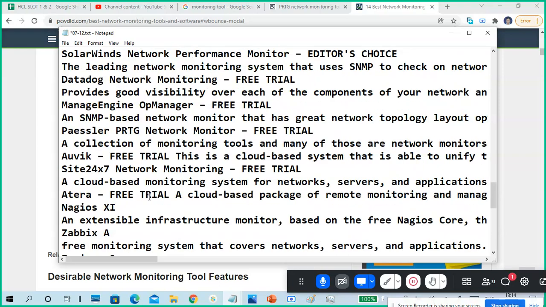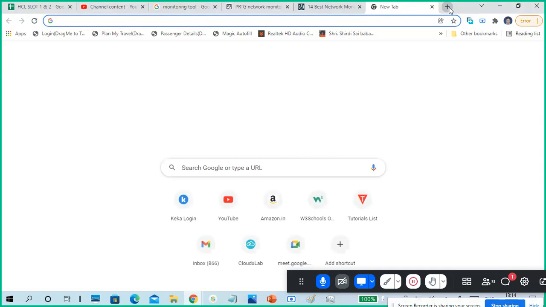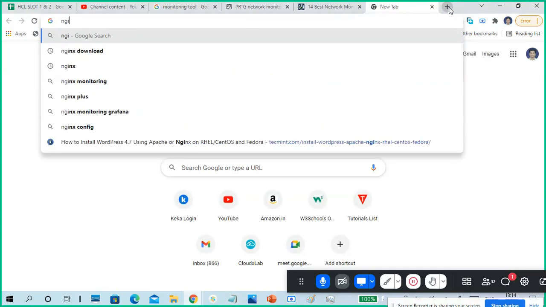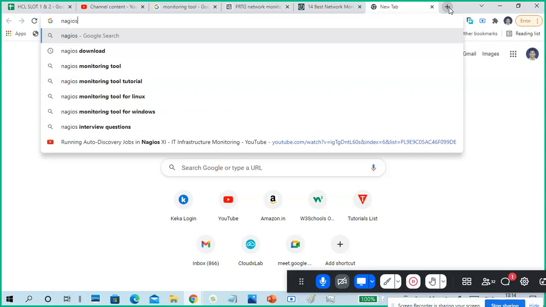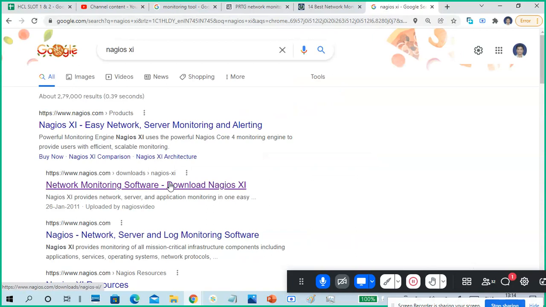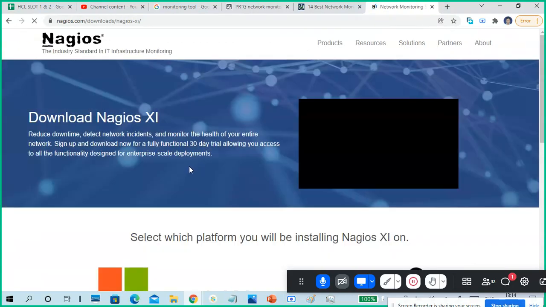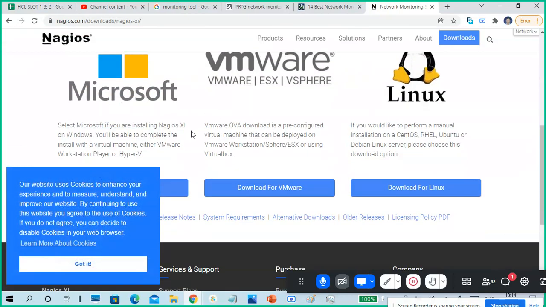Okay, so here it is free type. It is Nagios. First of all, Nagios has multiple tools, so you can type in Nagios XI. We can download it very freely. You can download Nagios, and it is not only a network monitor, as I said, you will get different types of monitoring in Nagios. What to use is this middle one.